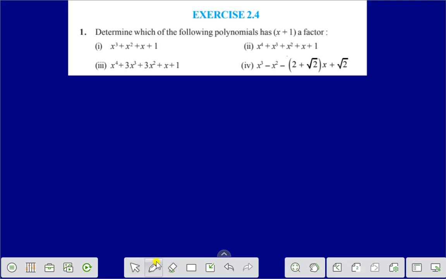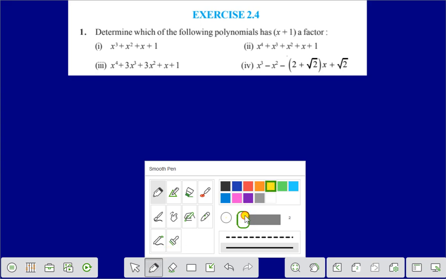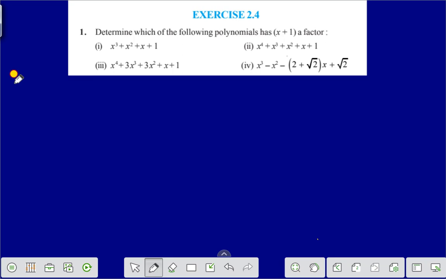Let us find. Question number 1 is: determine which of the following polynomials has x plus 1 as a factor. If x plus 1 is a factor of p(x),